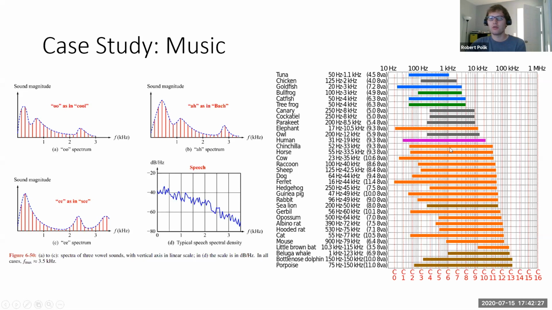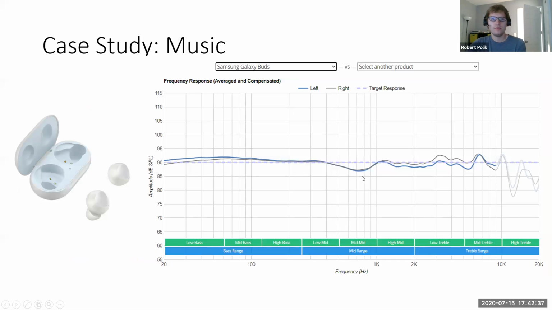We have a pretty decent range. We don't have the best range. Looks like the ferret here has a very nice hearing range, and the little brown bat has a very bad hearing range, but it's interesting. So now that we know Fourier transforms, I'm going to do one other case study, which is for audiophiles, but not the subject of the talk.